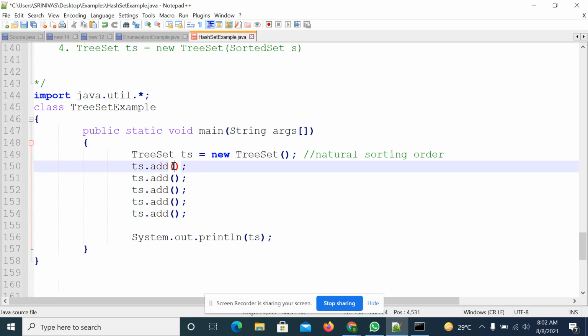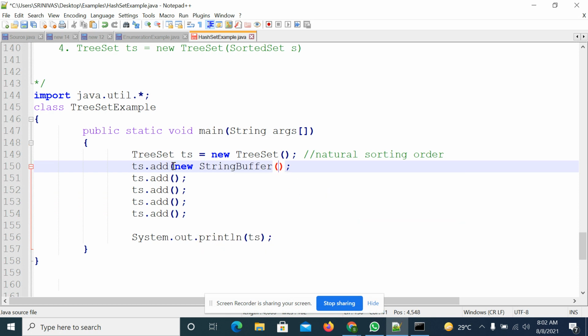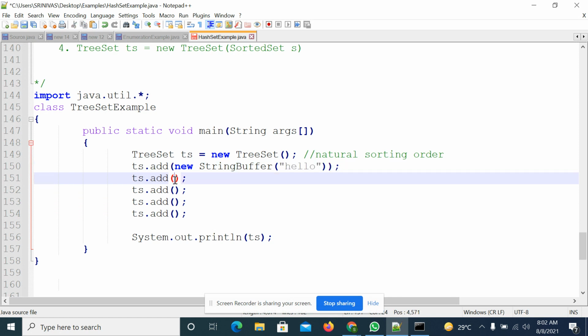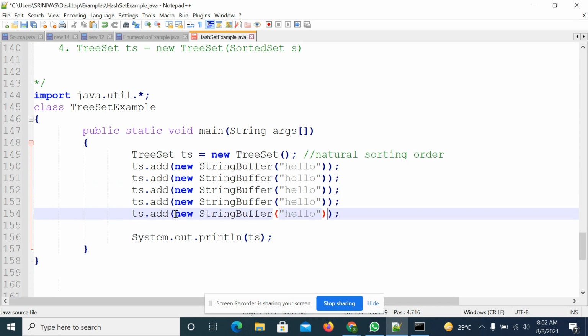Instead of passing string, I will pass StringBuffer. So I'm passing StringBuffer. Here also I'm passing StringBuffer, StringBuffer, StringBuffer. So here I am passing some value ABC. Here I am passing some value XYZ.